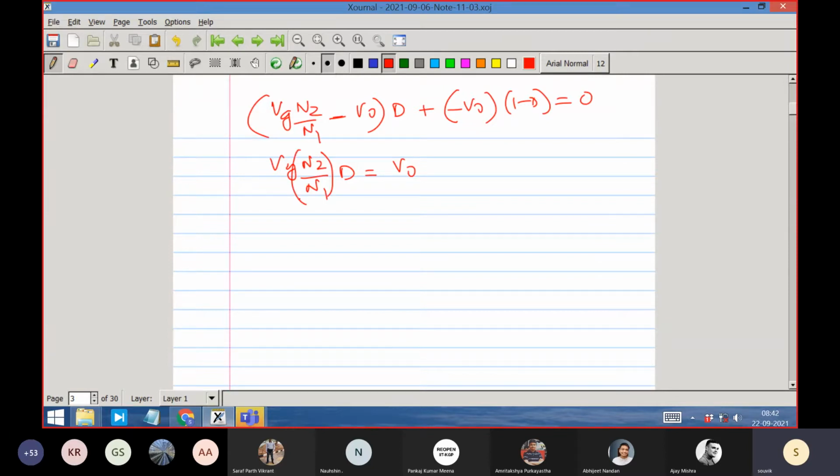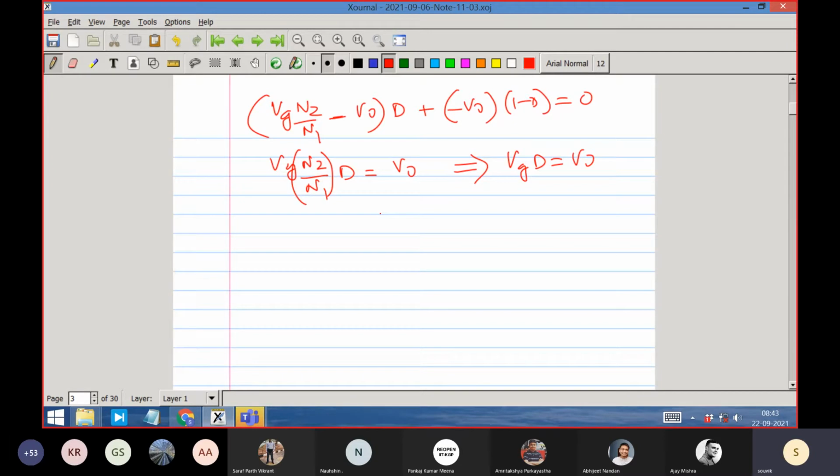So you see that using the turns ratio we can get higher voltage, lower voltage, anything. If N2 is greater than N1, then we are getting more than what a conventional buck converter would have got. Compare this with the conventional buck converter, Vg into D is equal to V0. This is a factor which can be used so that the basic traditional constraint that a buck converter only produces lower voltage, because D cannot be more than 1, goes away. We can use the N2 by N1 ratio to have a higher voltage.